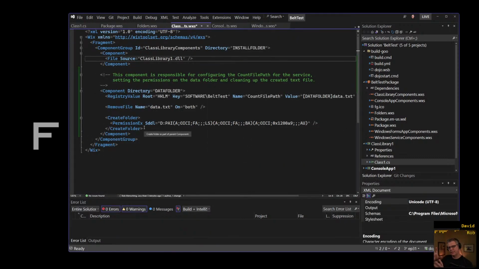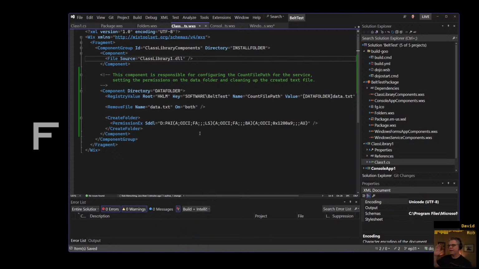So this is the piece that now controls that, right? Right. And the Windows service and console app get to the fact that this data is stored in a registry key through this class library, and they don't have to worry about it. So I think bringing this logic here is probably a good change. Yeah, it makes sense. All right, cool.